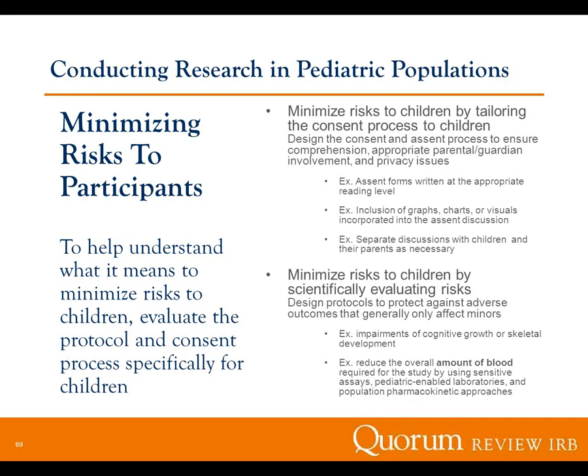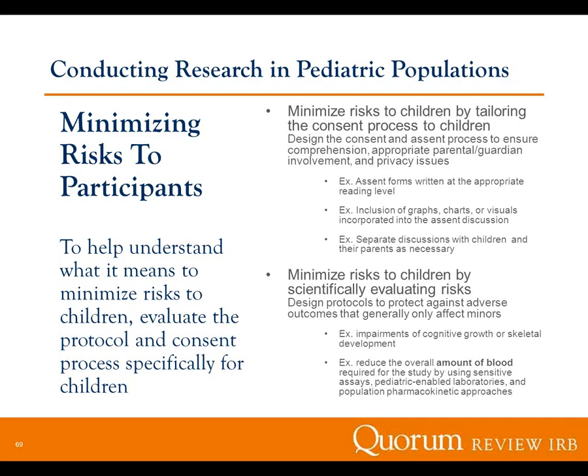That's considering risk from the child's perspective. Also consider risks from the perspective of a sponsor or a researcher. So consider how to minimize risk to children by tailoring the consent process to children. Design the consent and assent process to ensure comprehension, appropriate parental guardian involvement, and privacy issues. So for example,